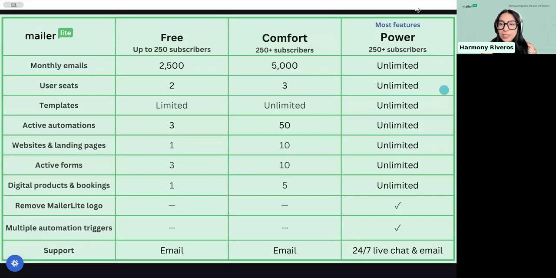Okay, so to go over some of the things with our plan levels, you can see this is the structure of MailerLite's plan levels. We have the free plan, which is up to 250 subscribers, and the comfort and the power plan, which are both above 250. And the main difference is the power plan has unlimited features. So things like monthly email sends, user seats, so the amount of people who have access to the account, templates,